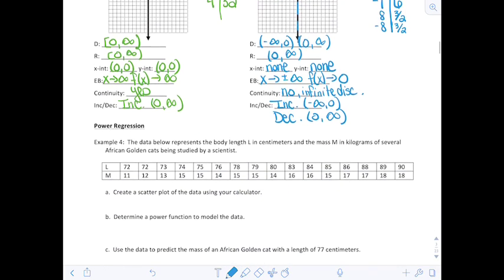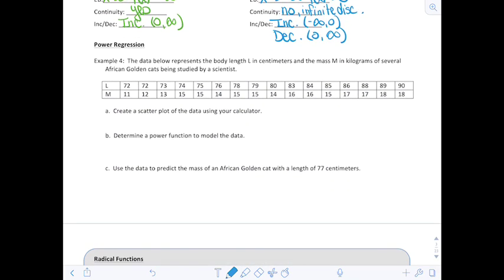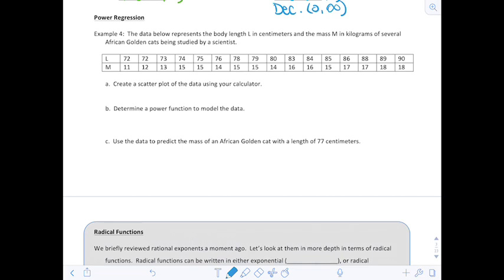So, the next thing we're going to jump to in the notes is a power regression. And I apologize, I don't have a virtual TI-84 that I can show you. So I'm going to walk you through these steps and try to make some notes off to the side as to how to put these in here. Okay, so as we do a power regression, and this will be with the calculator,